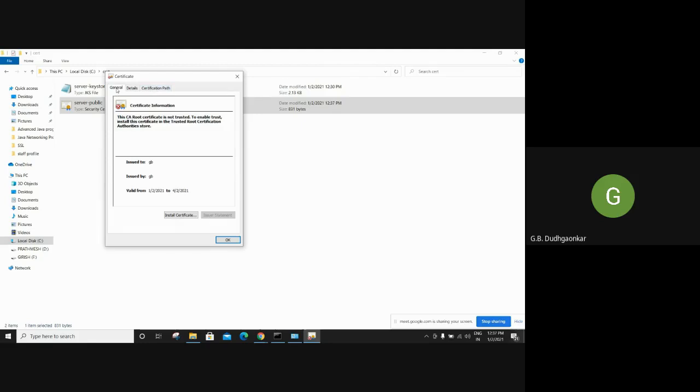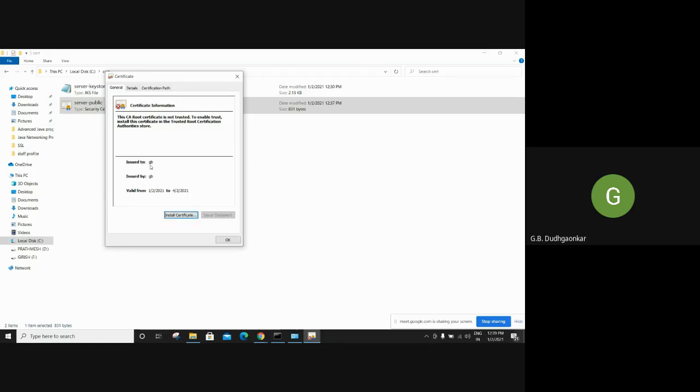There are 3 tabs in the general. There is certificate information. So this is a CA root certificate, because this is a root. Under that there is an intermediate CA, and lastly this is the Google, or that is the server certificate. That is the chain. One is the root CA at the top, in the middle the intermediate certificate authority, and lastly there is a server certificate. So this root CA is not trusted because it is not certified. That's why I told you, in real time, we have to certify this. Okay, so this is the thing.